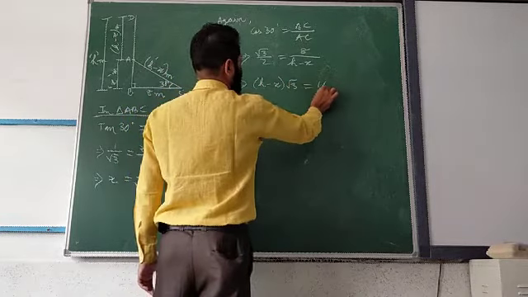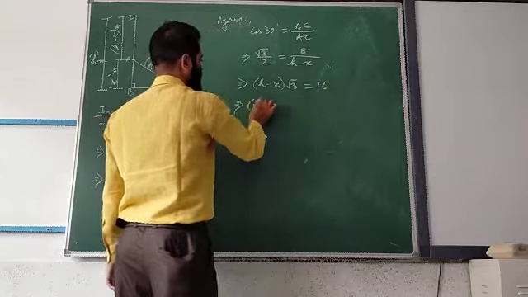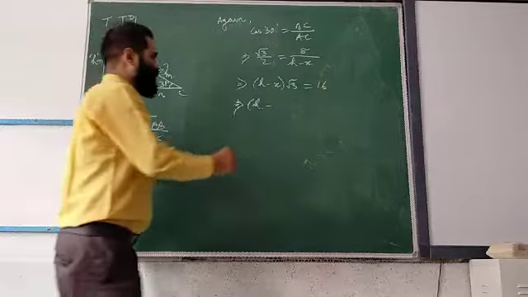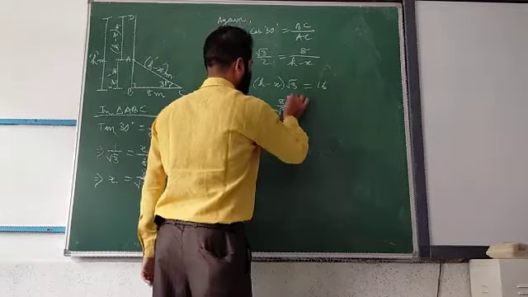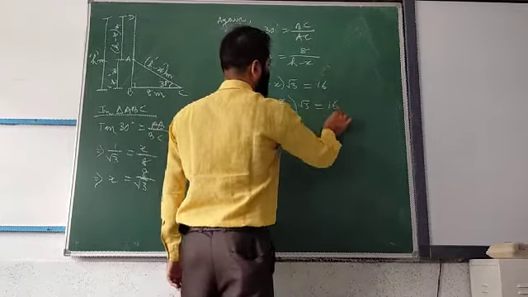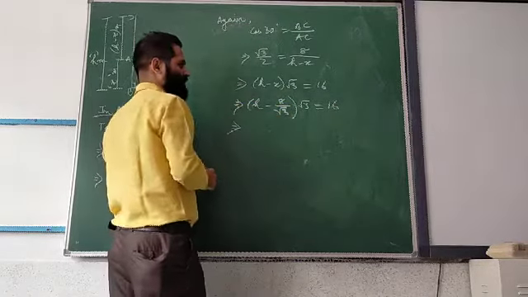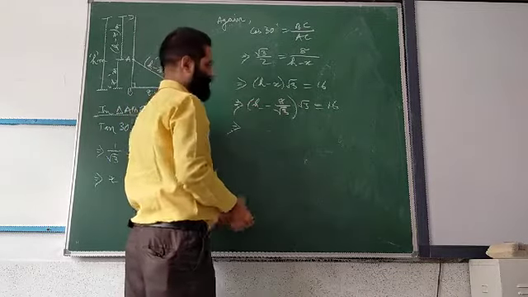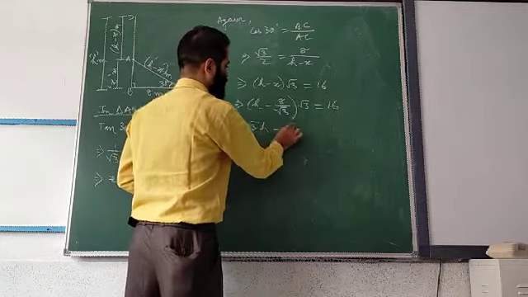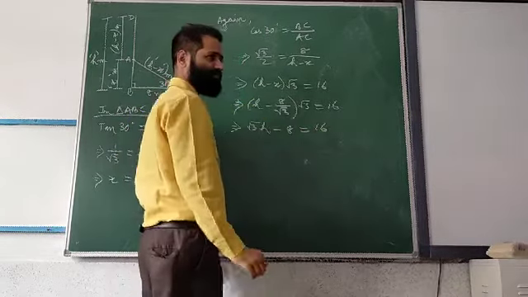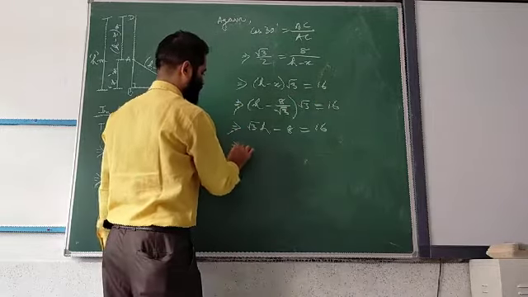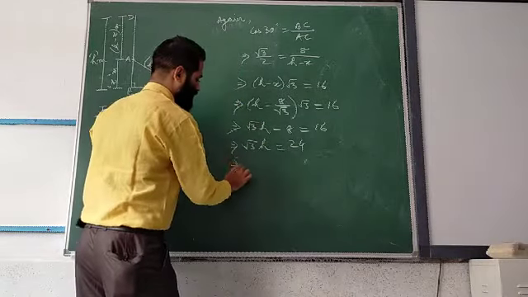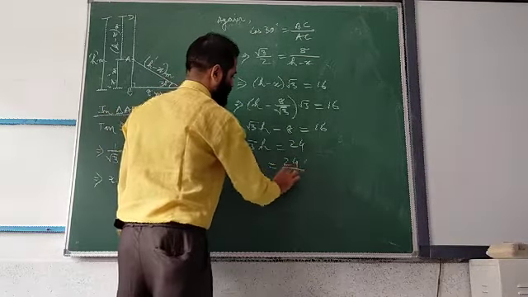It's up to you how you will solve. Now H is H and X we know is 8 by root 3. So I am substituting 8 by root 3, and this will be root 3 equals to. One question can be solved in different ways. It's your concept how you are solving. Now I will multiply this root 3 by both sides. So I will get root 3 H minus 8 equals 16. Any problem? No. Now this 8 I will transfer there. I will get root 3 H equals 24. Now H is equal to 24 by root 3.